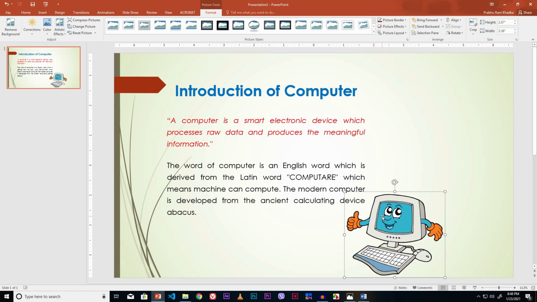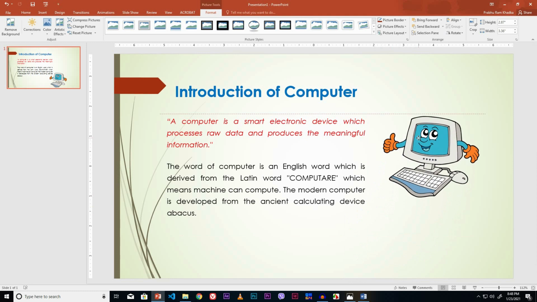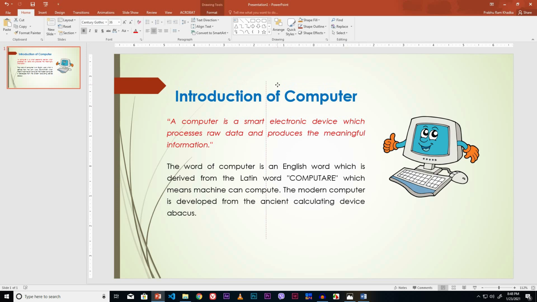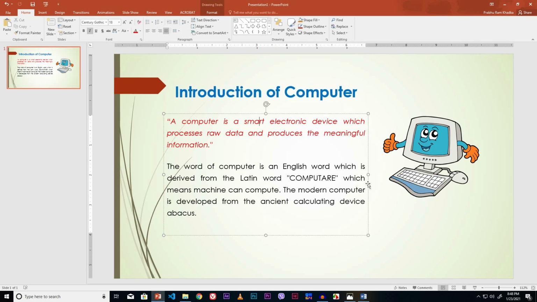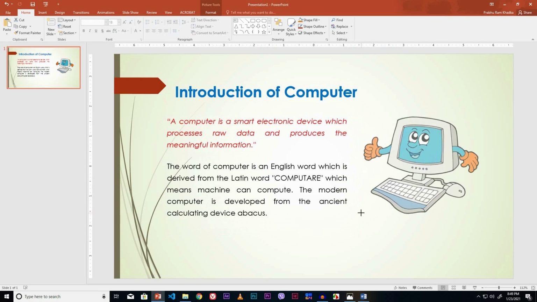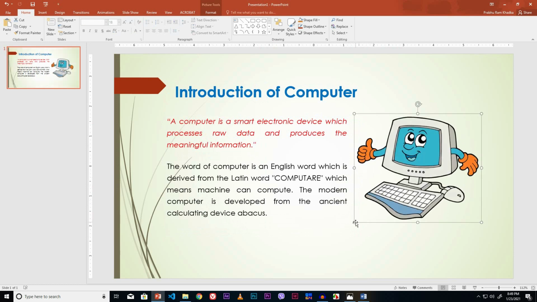Move this image in proper place by dragging. Resize the heading and body of the text. Resize the image. Now our first slide is completed.